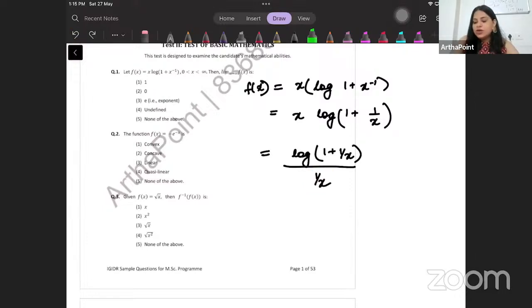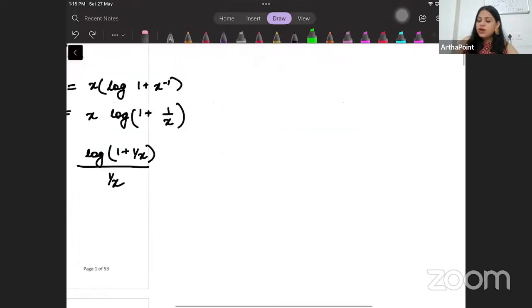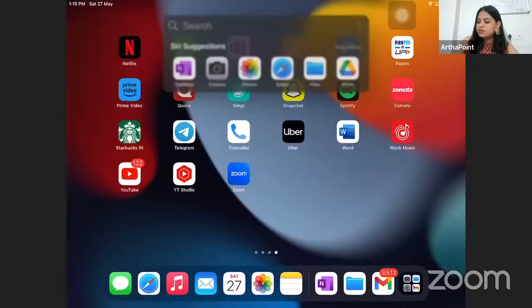Now it is asking me what happens as x tends to infinity. That is what it is asking. So if I do that, I will get limit x tends to infinity of log(1 + 1/x)